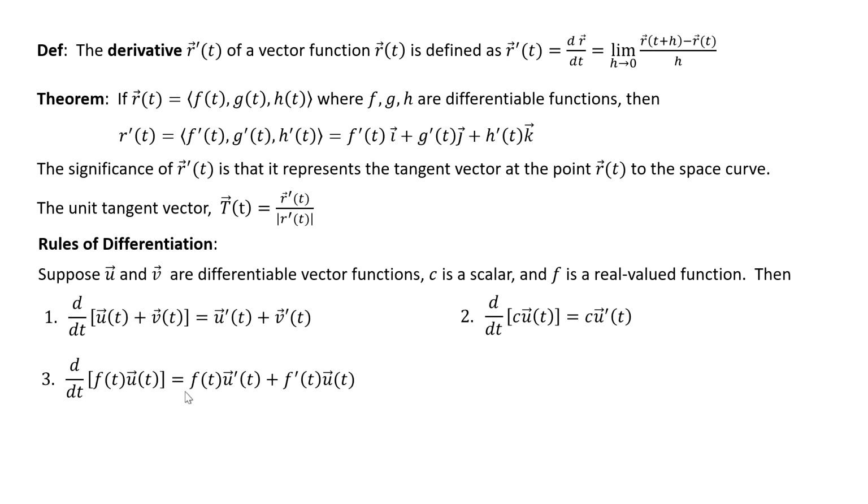Derivative of f of t times the vector u of t. Does that make any sense to you? F of t times a vector u of t. Basically we are saying f of t is going to be a scalar function and u of t is a vector function. Okay, can you have a scalar times a vector? Yeah. However, notice when we have to find the derivative of this quote-unquote product